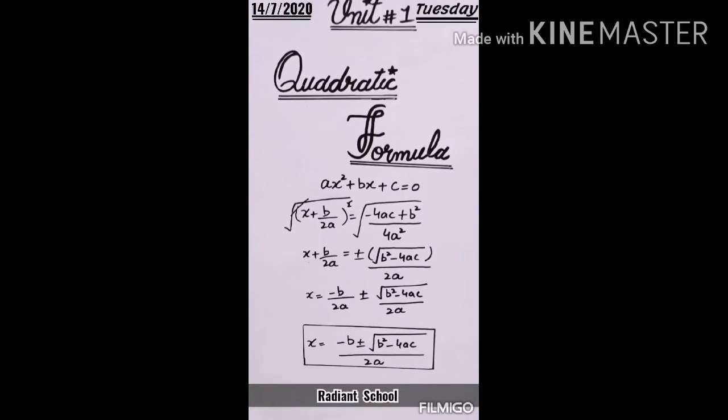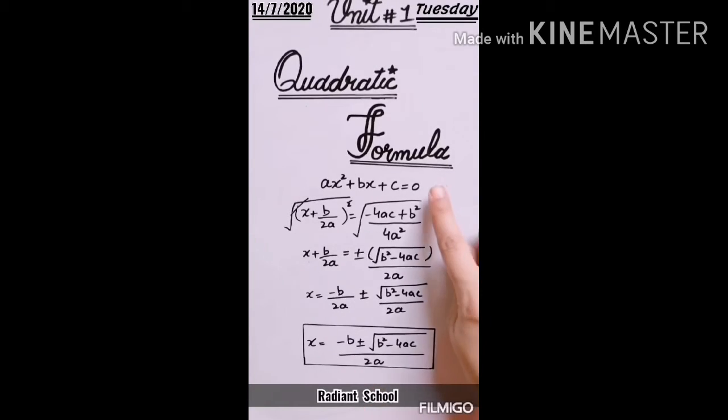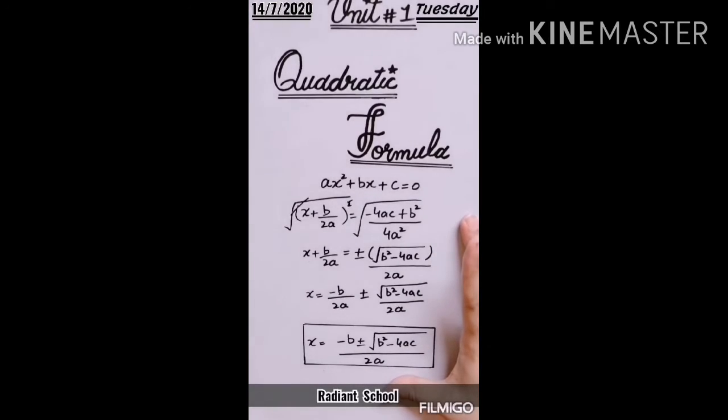Okay students, so this is said to be your quadratic formula. X is equals to minus b plus minus square root of b square minus 4ac over 2a. If someone will ask you in the paper or in the test what is the quadratic formula, or derive the quadratic formula, to derive it you have to find the solution of your standard quadratic equation. This is said to be the derivation of a quadratic formula, and this is the quadratic formula you will use in exercise 1.2.